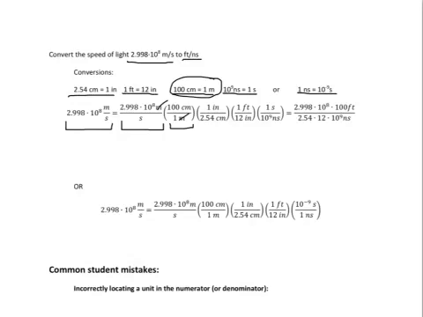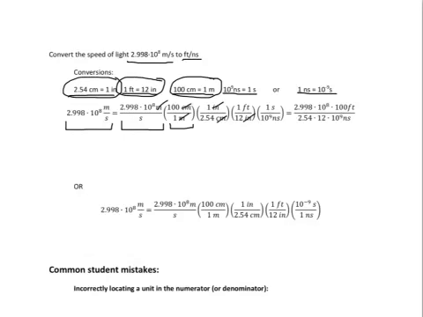And then I use this conversion to turn the centimeters into inches, 2.54 centimeters in the denominator, 1 inch in the numerator, and finally an inch in the numerator, 12 inches in the denominator is equal to 1 foot. That gets me my feet in the numerator, and then